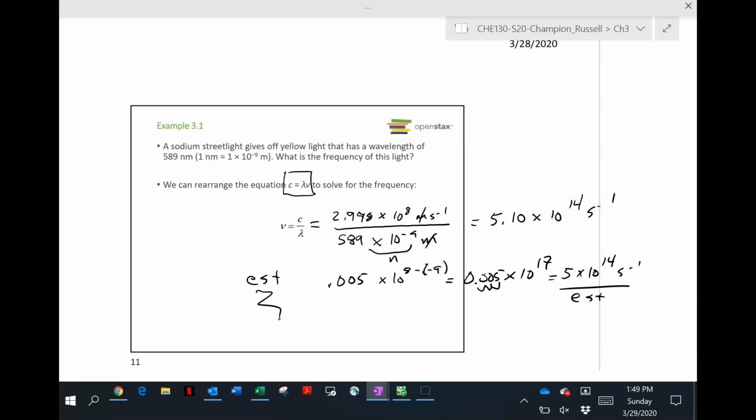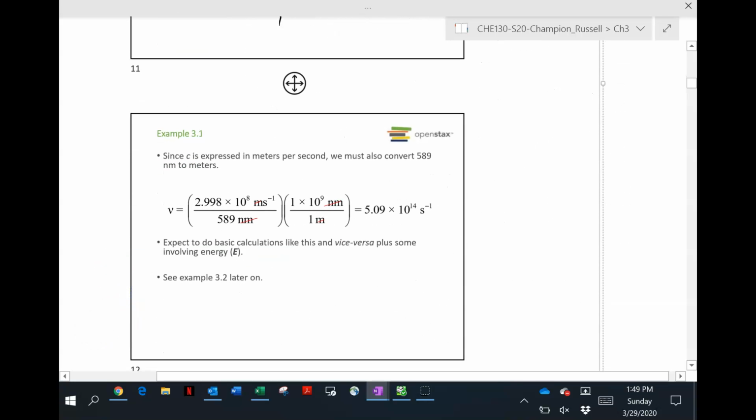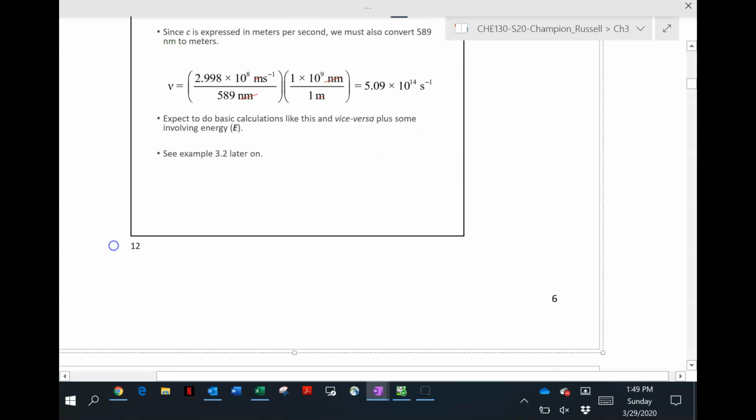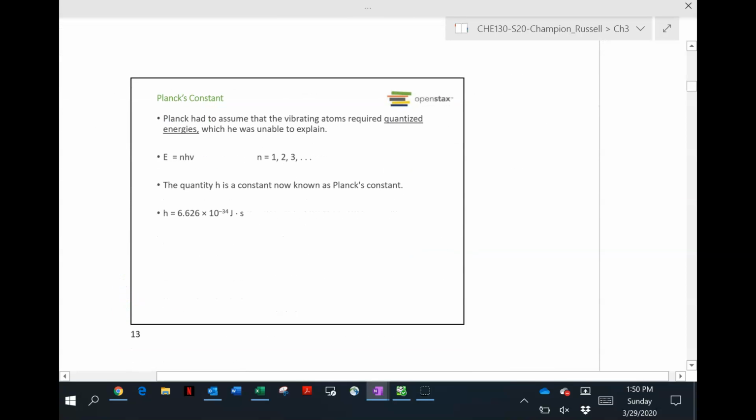So the skill of estimating here, I really hope that you think about. Anyway, they show us their solution down here, and you'll see some more examples later on. All right, so again, this is getting to the energy that's contained in these particles of light, and there was a problem